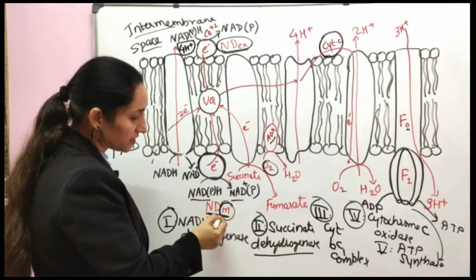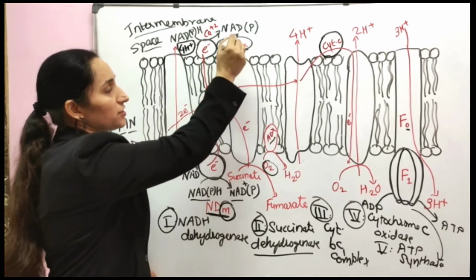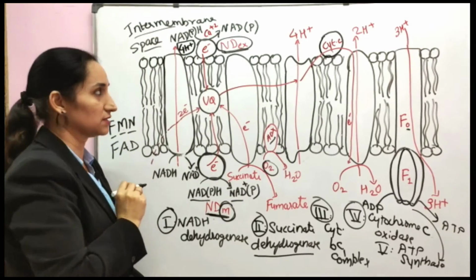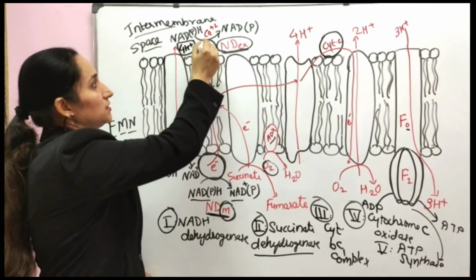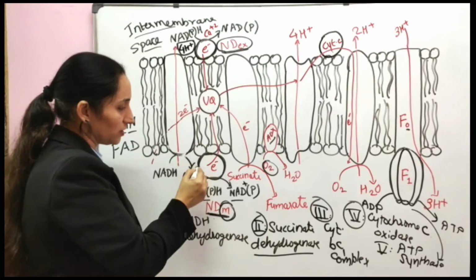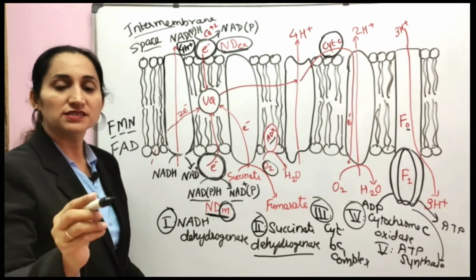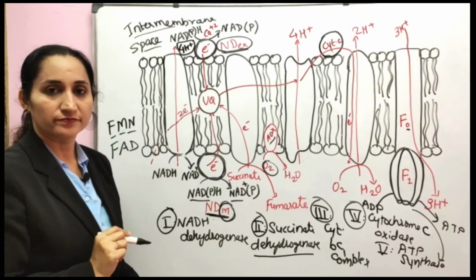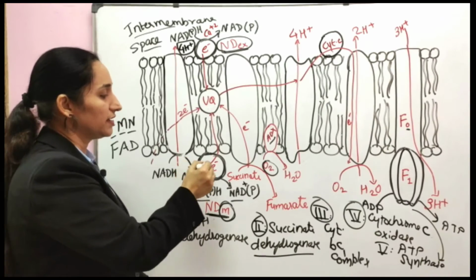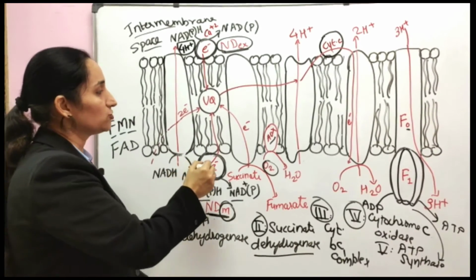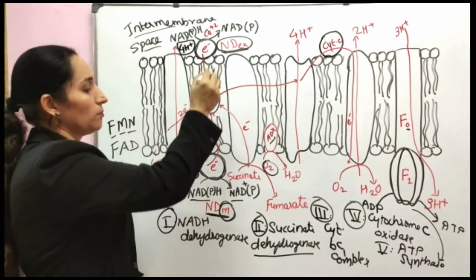NDIN is on the inner side of the inner membrane, and NDEX is on the outer side of the inner membrane. Outer side means towards the intermembrane space. These two are rotenone insensitive dehydrogenases. After oxidation, the electrons are passed on to ubiquinone from